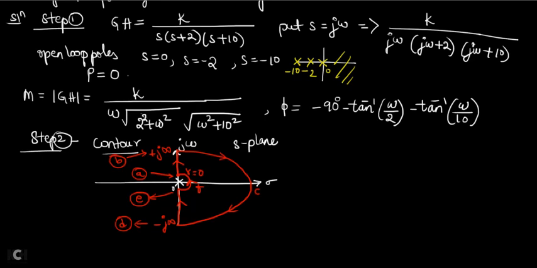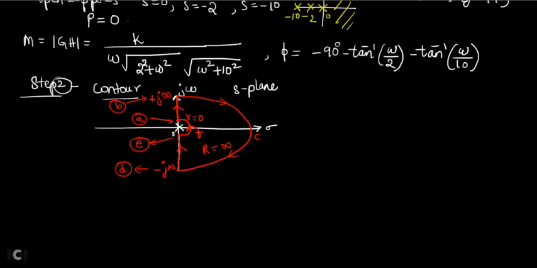Okay. Now what is the radius of the capital R? I mean, what is the radius of the big circle? It is equal to infinity. Contour is infinity. Now after taking this much, first you have to take the section AB, and then you have to start mapping.